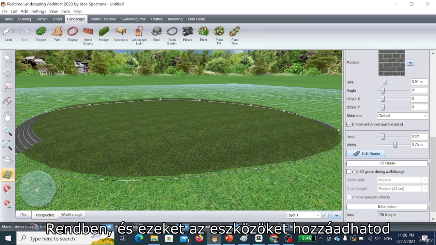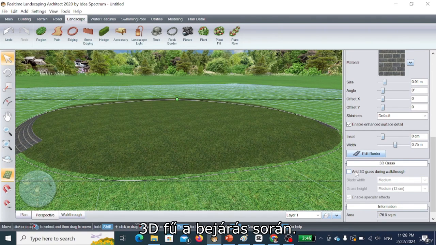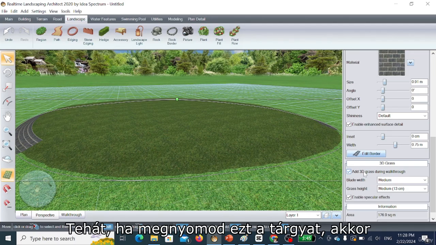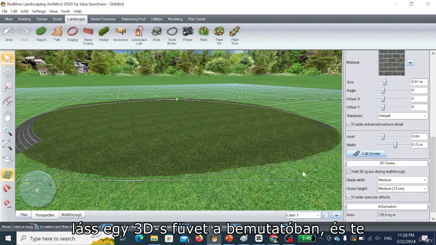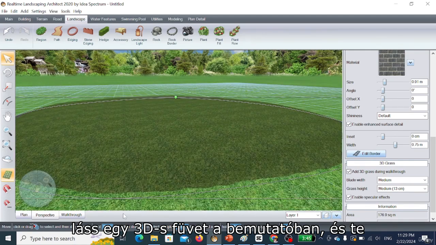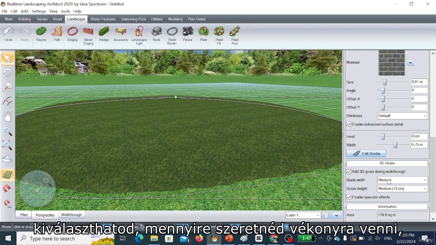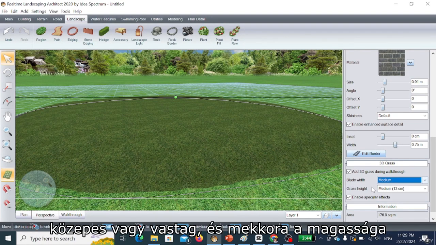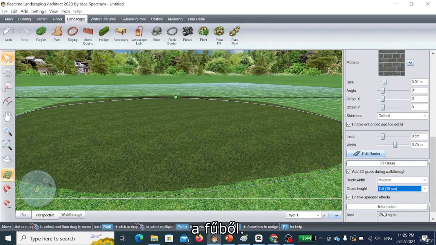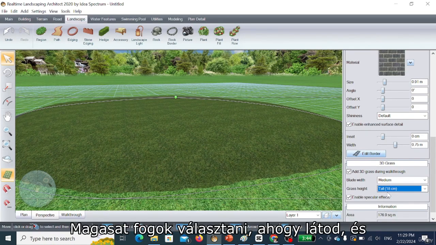Okay, and with these tools you can add 3D grass during the walkthrough. So if you press this object, you will see 3D grass in walkthrough, and you can choose how much you want it, thin, medium or thick, and the height of the grass. I will select tall, as you see,